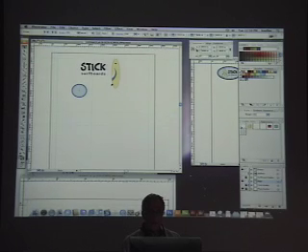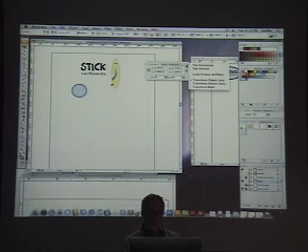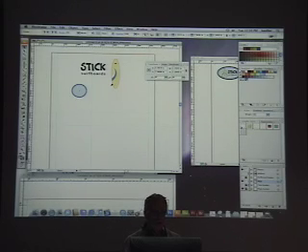Let's first look at this little widget right here. See the one with the little 9 boxes, 1, 2, 3, 4, 5, 6, 7, 8, 9, and the one that's in black is in the center. What that means is that if I wish to move, resize, rotate, or skew this object, I can do that from here. I don't have to use these tools. For example, if I wish to move this,